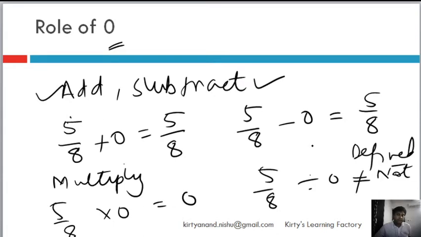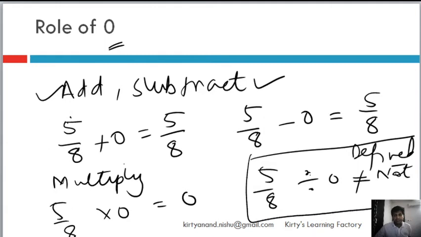A lot of people will tell you that actually this value is infinity, and this value is not infinity. This value is not defined. It could be anything. It could be plus infinity or it could be minus infinity also. This is a concept that we will cover later on in calculus, not now. But please do not be fooled if somebody tells you that any number divided by 0 is infinity.